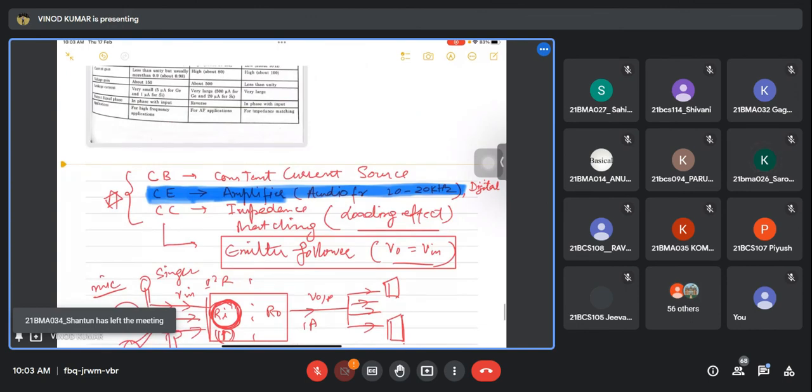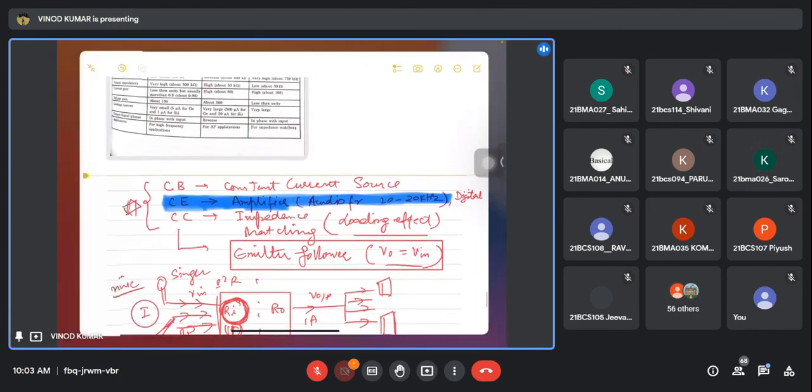Yes, sir. हाँ जी, और किसी को पूछना हो, अदरवाइज यू कैन लीव द क्लास।